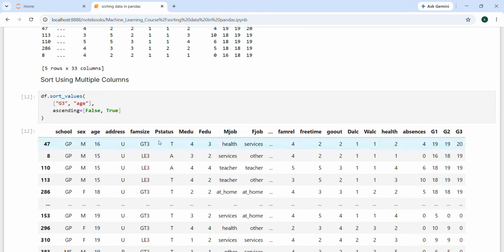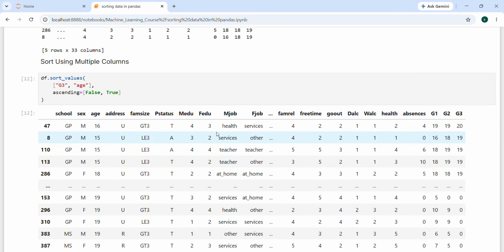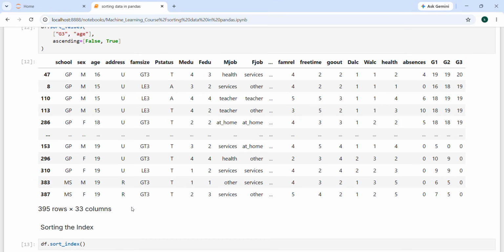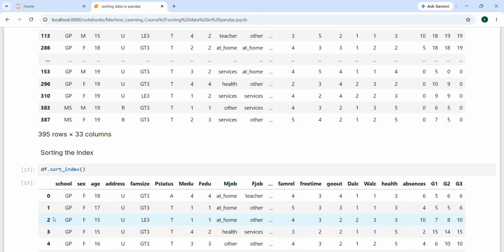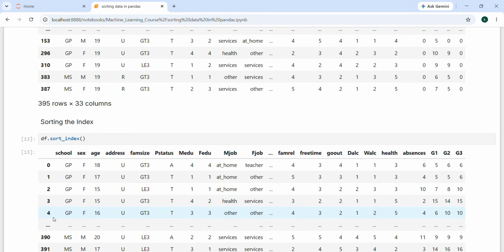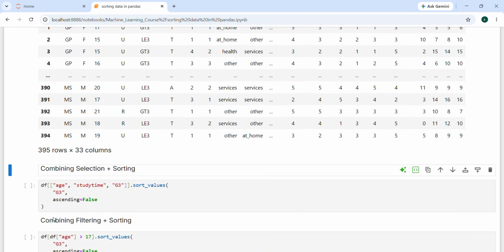One more time I'm repeating, sort values means values inside columns, and sorting index means the data frame index. Okay. And the next one is combining the